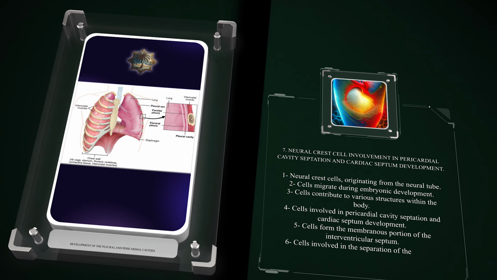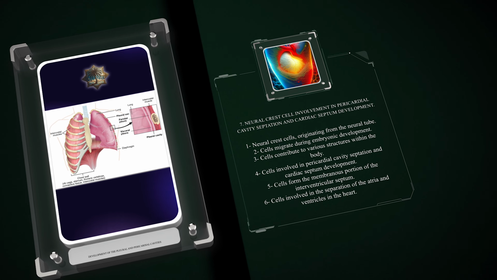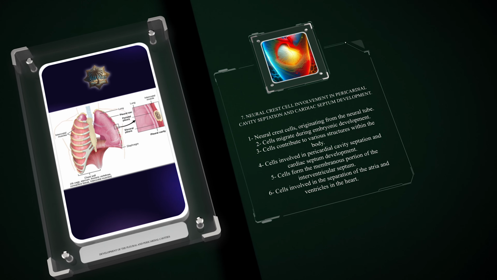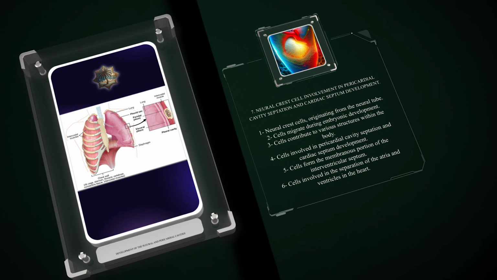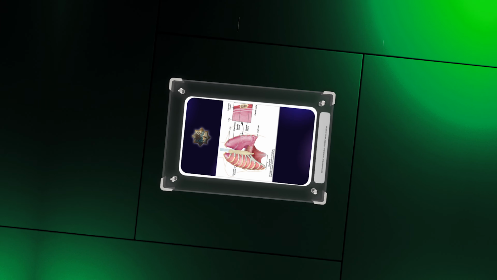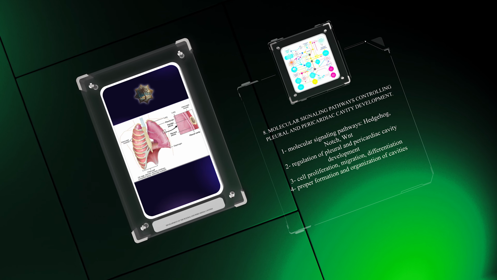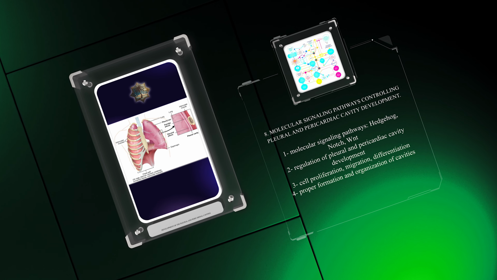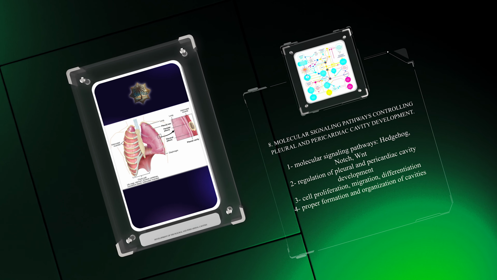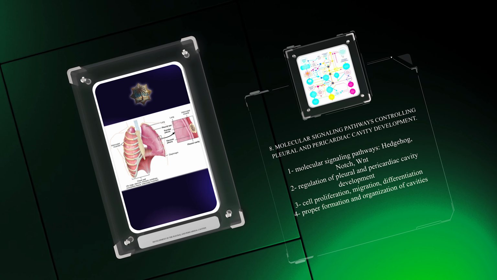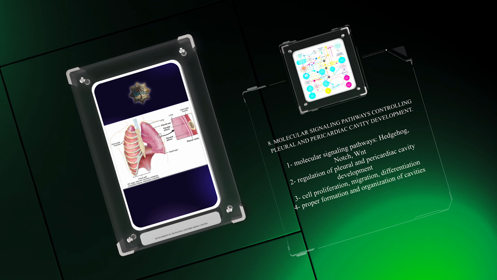Neural crest cells, originating from the neural tube, migrate extensively during embryonic development and contribute to various structures within the body, including those involved in pericardial cavity septation and cardiac septum development. These cells play pivotal roles in the formation of the membranous portion of the interventricular septum and the separation of the atria and ventricles in the heart. Multiple molecular signaling pathways, such as the hedgehog, notch, and WNT signaling pathways, are involved in the regulation of pleural and pericardial cavity development. These intricate signaling networks control cell proliferation, migration, and differentiation, ensuring the proper formation and organization